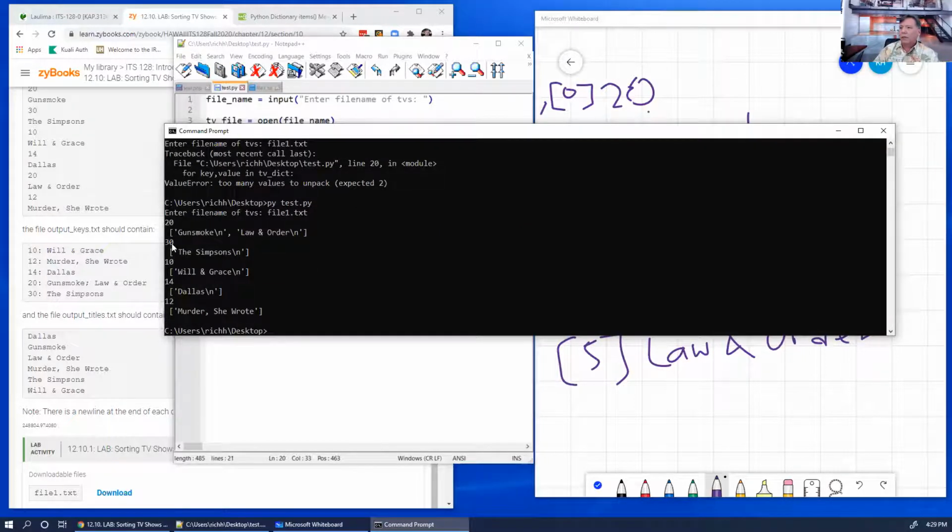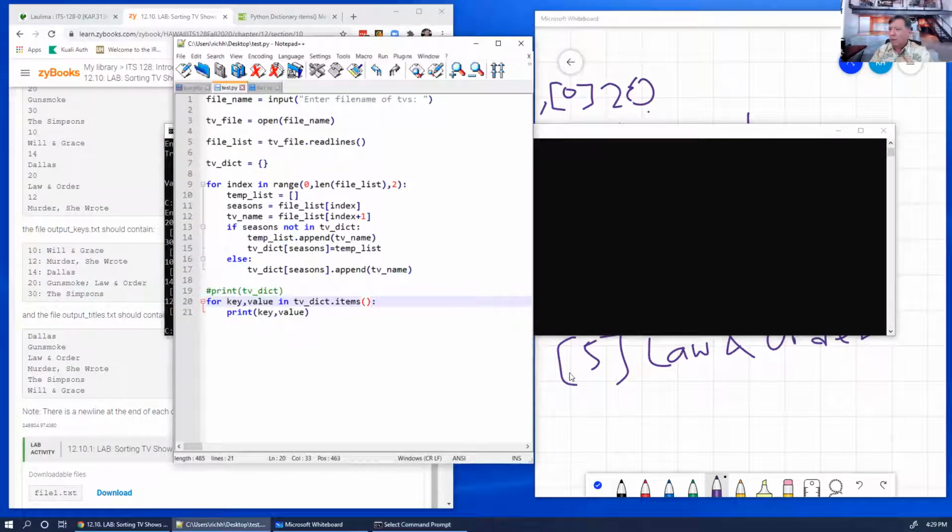Okay, so each time it prints out the key. It also prints that return, so you're going to want to get rid of that return, that \n. That's why it's on a new line. Then it prints out the list, and it prints it like that because that's how it prints out a list. So you need to split up that list somehow, and you can do that using